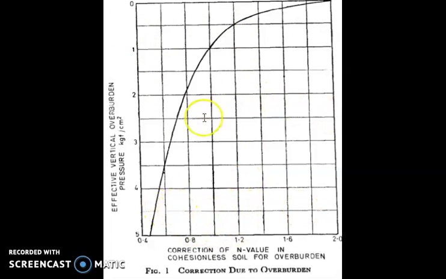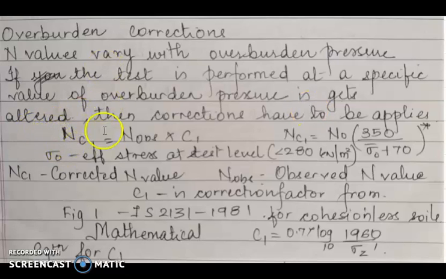So this is basically how you read it. Now again, how do you apply these correction factors? The guidelines are in kilonewton per square meter. So you imagine this point 1 will be something like 98 kilonewton per square meter. This 1 is the same as 98 kilonewton per square meter, and I am giving you guidelines for this C1 in terms of kilonewton per square meter. So let's go back to our theory. The corrected value of N will be N observed into this C1 that you will get from the chart.